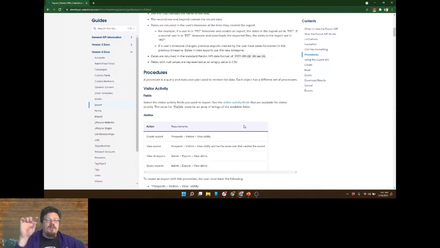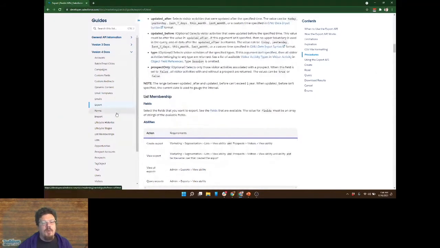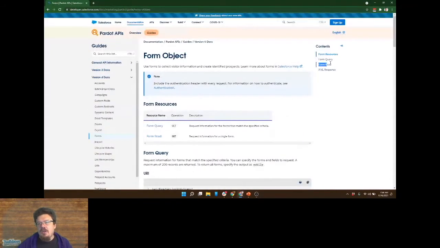Then you go in and you can download the export files. The files are capped at, I think, 100 megabytes each file, or 10 megabytes each file, something like that. And then you download each file, and then you can pull that into computer memory and do what you need to do with it. So it's a fairly involved process to get these exports, and it's very similar with imports as well. Forms, we could just do the query and the read with the forms.